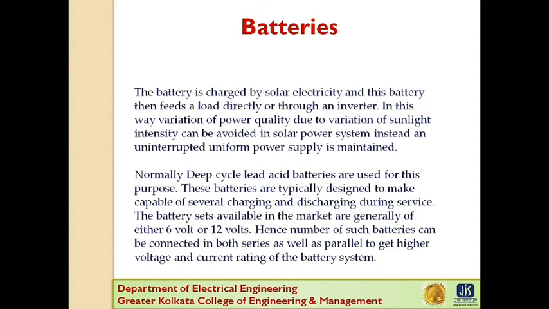This is the reason why a solar module or panel does not feed any electrical equipment directly. Instead, it feeds an inverter whose output is synchronized with the external grid supply. The inverter takes care of the voltage level and frequency of the output power from the solar system. It always maintains it with that of the grid power level. As we get power from both the solar panel and the external grid supply system, the voltage level and quality of the power remain constant.